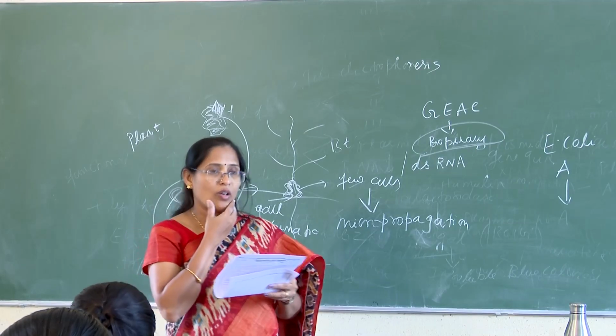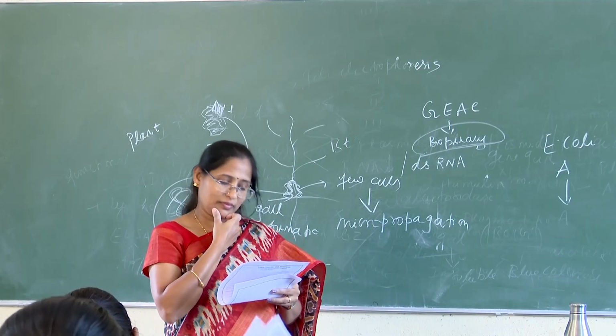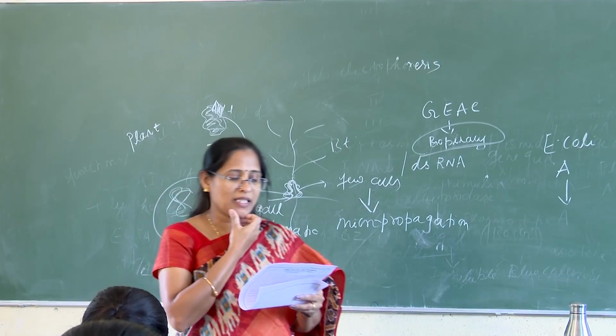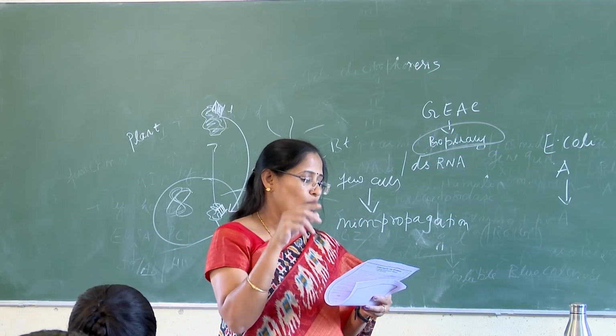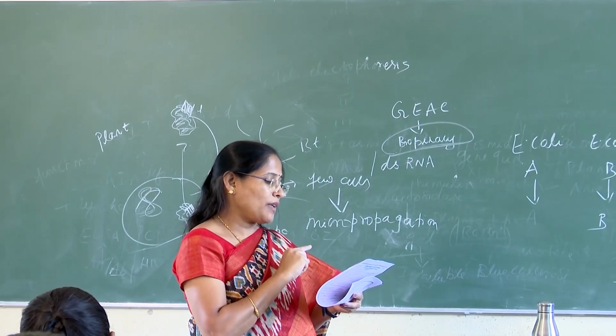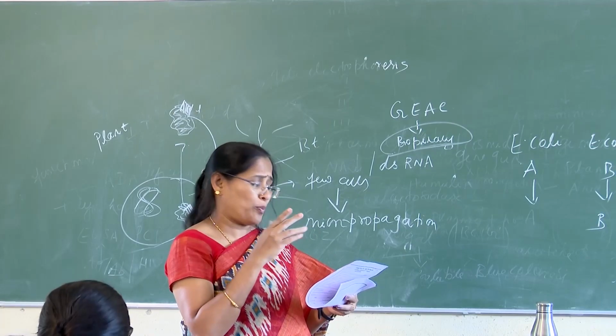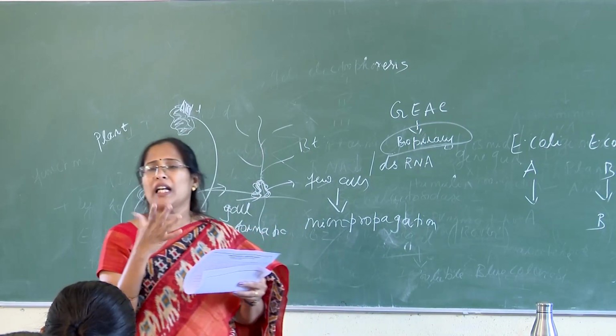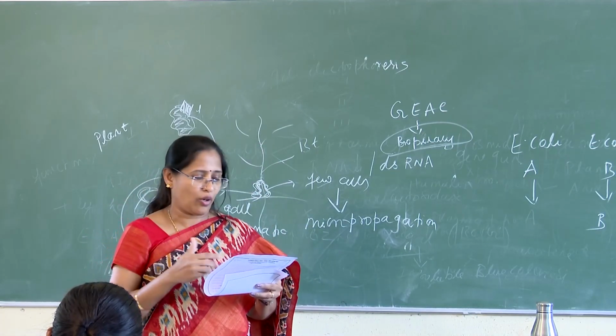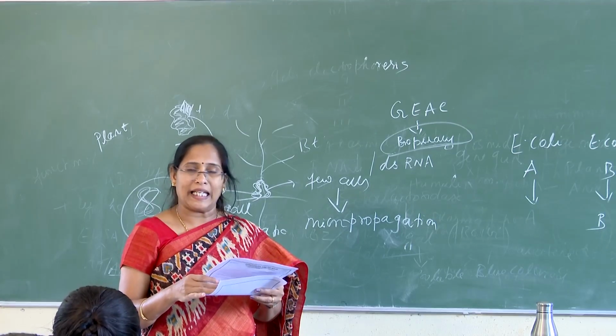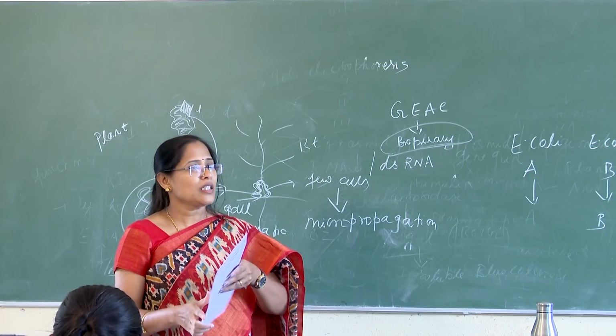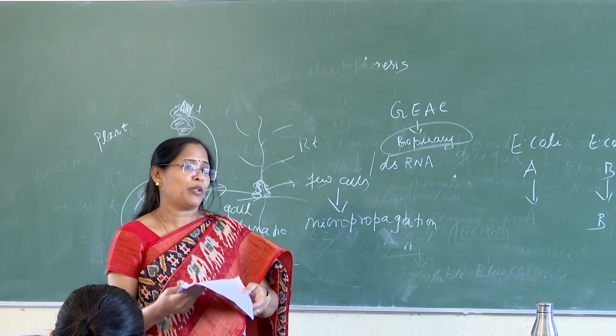B, because larger the fragment size, farther it moves? No. B is right. Positively charged fragments move. Positive and negative it doesn't relate. It is based on molecular weight. So it is your B. Understood? At least an overview you should be able to think and then